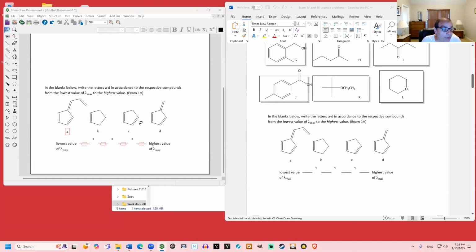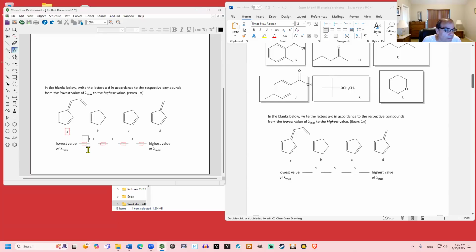So we have 4 different compounds. The one with the least conjugation is going to have the shortest wavelength, the lowest value of lambda max. And the one with the most conjugation should have the highest value of lambda max. So I would just put it in the order of the least to most conjugated double bonds, or fewest to